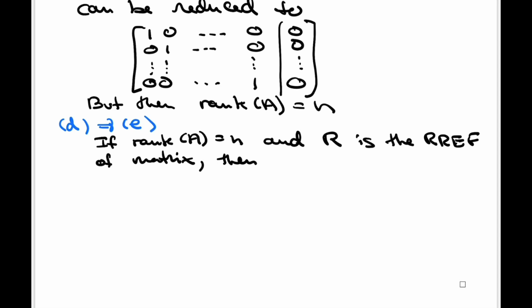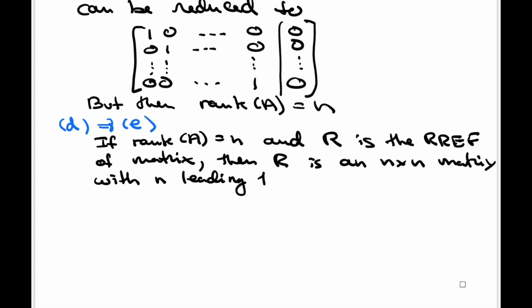Then, if the rank is n, R is an n by n matrix with n leading ones, right? Because the rank is n means literally that the reduced echelon form has to have n leading ones,